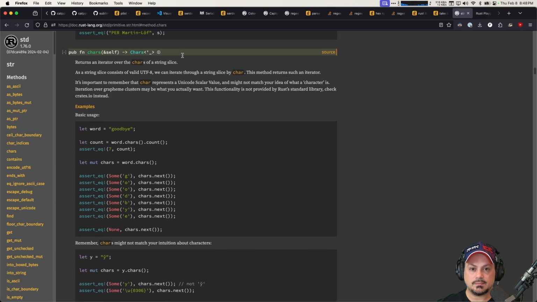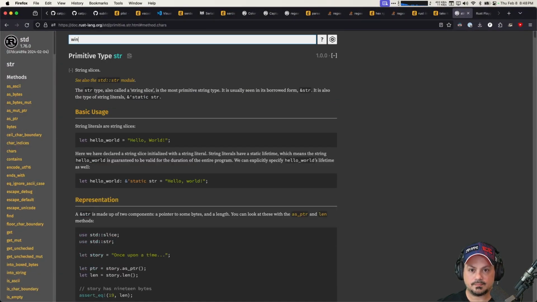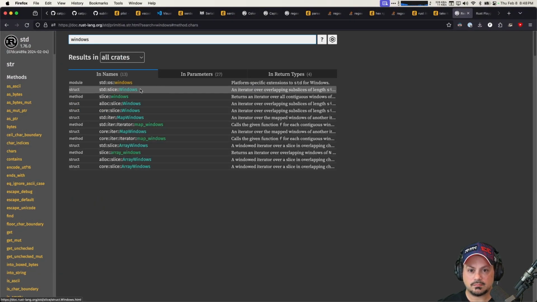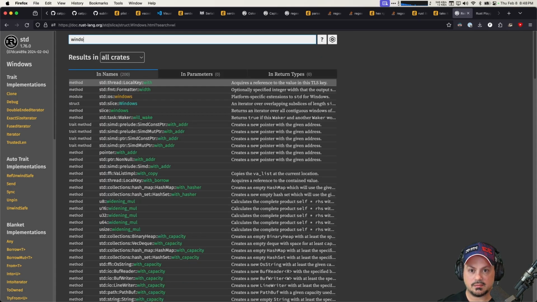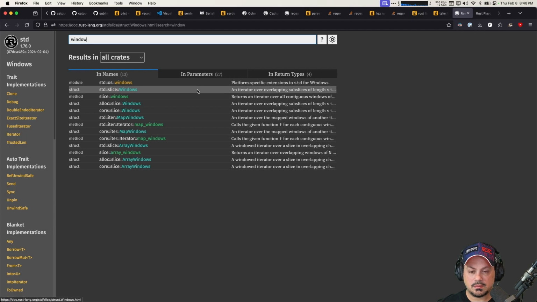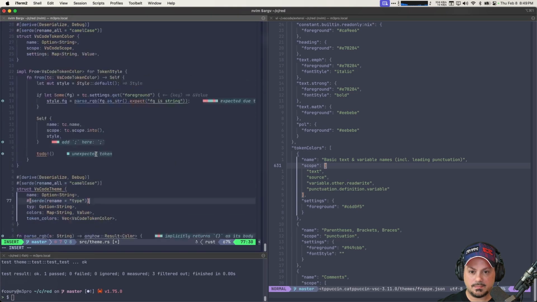So I remember that returns the iterator of chars of the string slice. Windows. Standard slice windows. Oh, so windows is not for iterator. It's for a slice. Okay, so